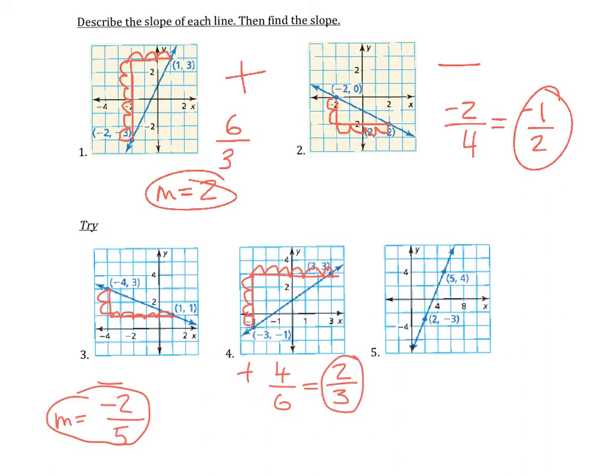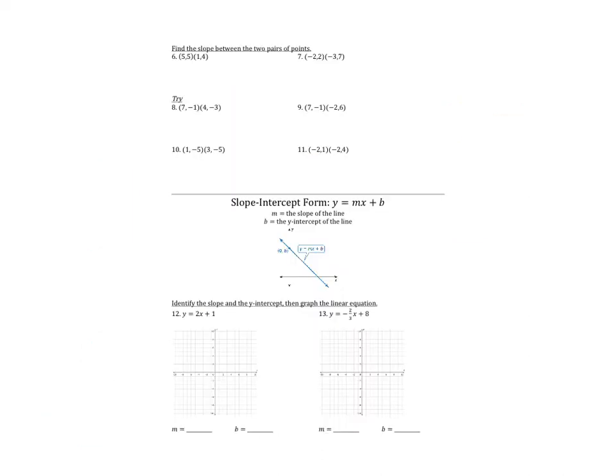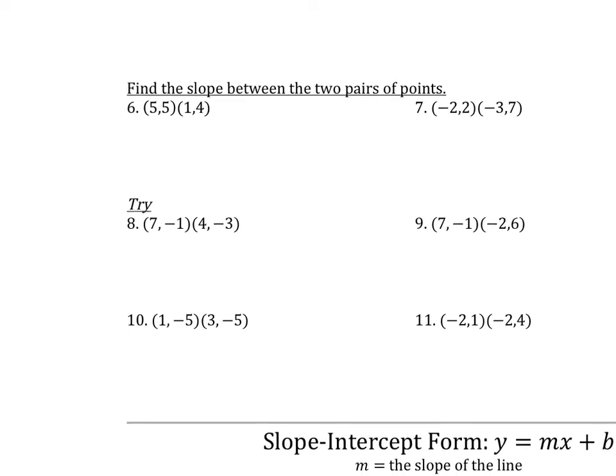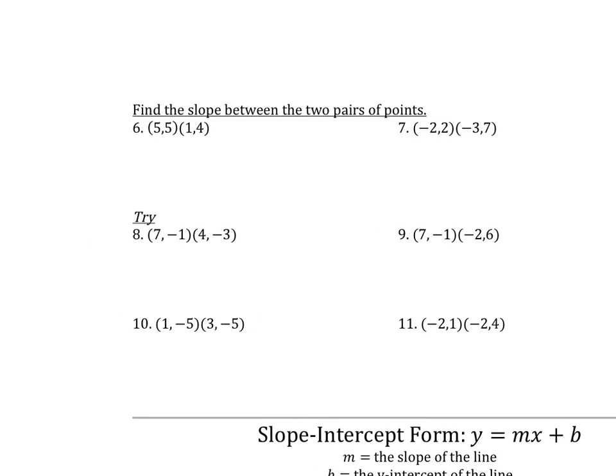Okay. All right, let's look at the back when we're using ordered pairs. All right, so if I don't have a graph and I have just ordered pairs, remember I'm going to have to use my formula. So let's rewrite that up here. M equals y2 minus y1 over x2 minus x1. All right, so remember this is x, y, x, y. Okay, so then I do m equals my